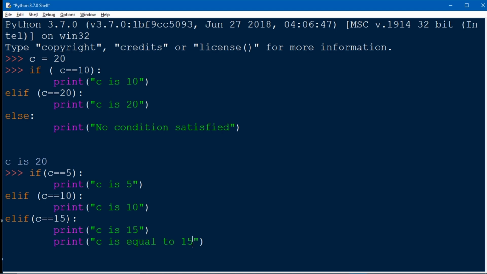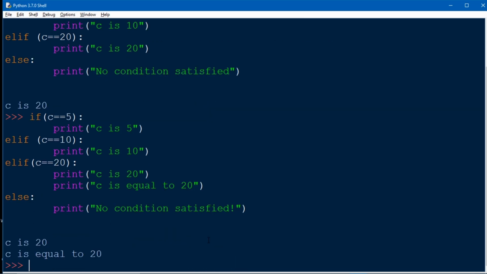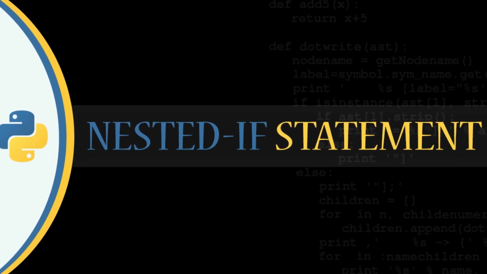Here let's make this condition true by giving the actual value of c. So we write 20 here and also add a default statement in case all conditions are false. My third condition is true, that c is 20, so it prints "c is 20" and "c is equal to 20".